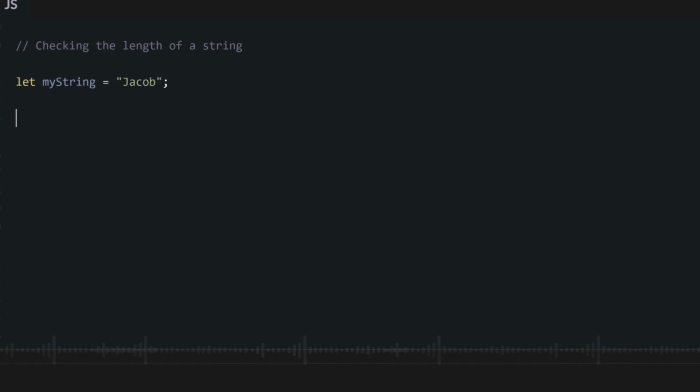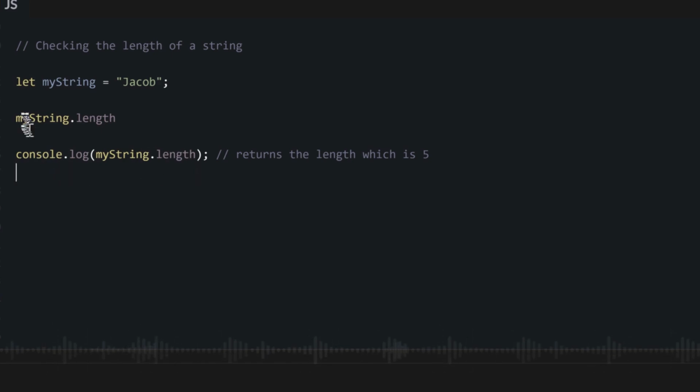Next, we will take the length of our string in JavaScript. By length, I mean how long our string is, how many characters are inside. For this, we use a string method called .length. So all we need to do now is type the name of our string .length. So let's say we save our string as this variable and we want to take the length. We could just say, okay,